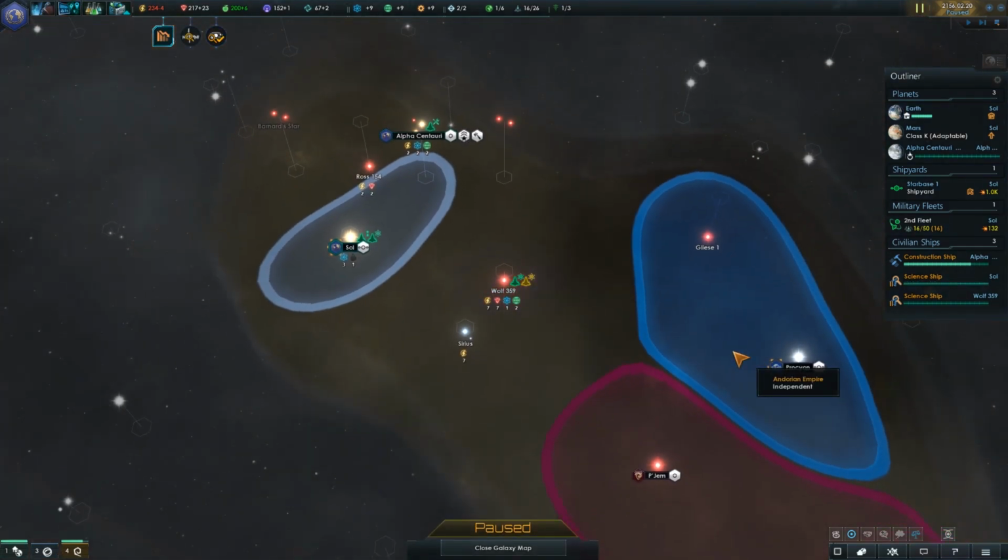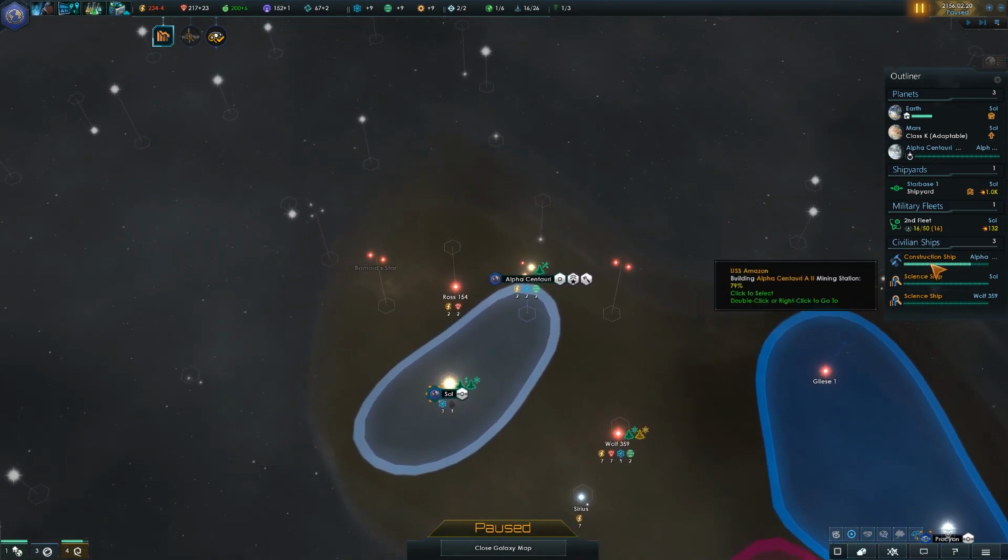Because we're wanting to build an outpost here. As soon as the construction ship is done, I'm going to immediately have it put up an outpost, a Wolf 359. So that's likely something I'm going to do. And then we're going to start doing mining and what have you. And now that we have contact with another alien race,